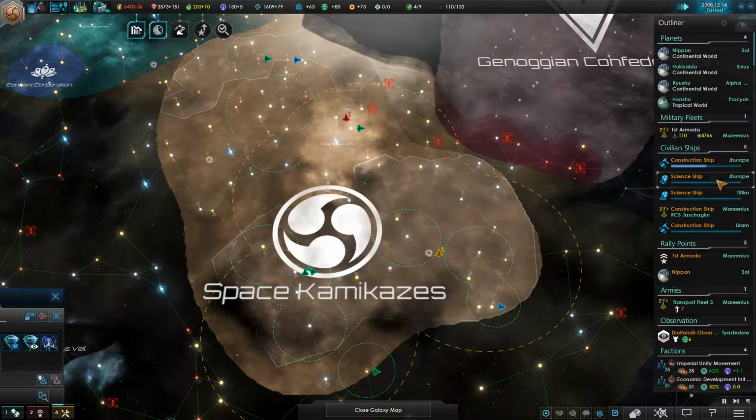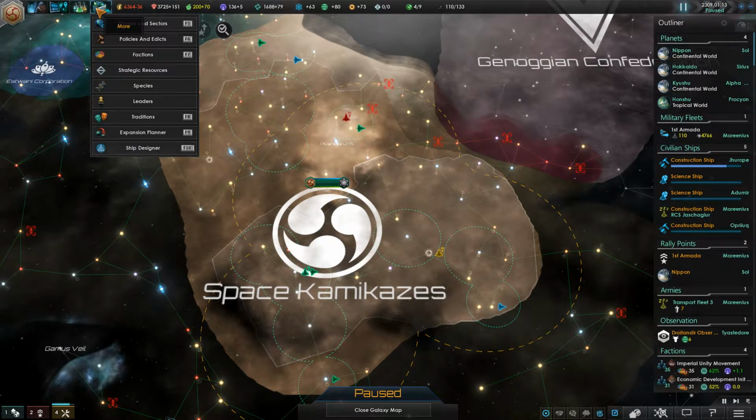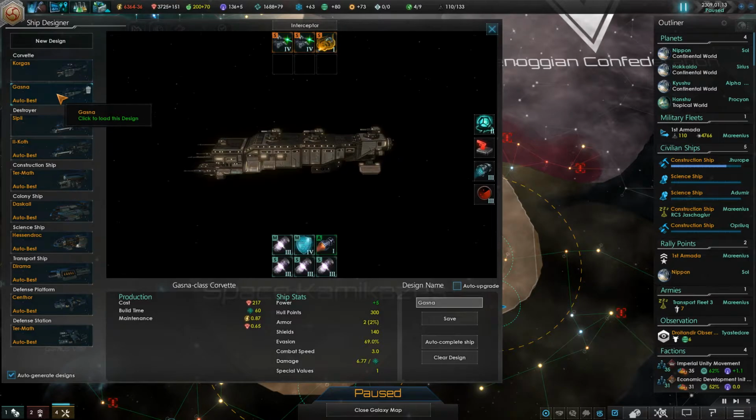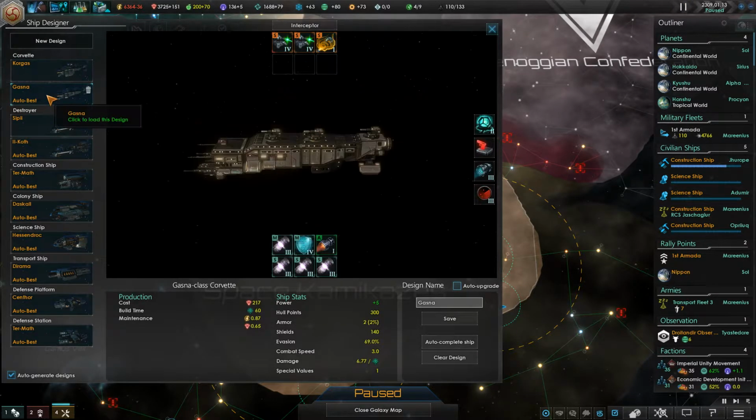Oh, looks like one of our admirals is now a fleet logistician. I like that very much. Let's see, I have two different corvette designs there. Why is that? Okay, so it looks like one of our destroyer designs is emphasizing sentinel point defense. And okay, and then this guy...